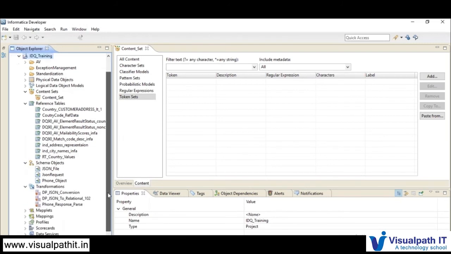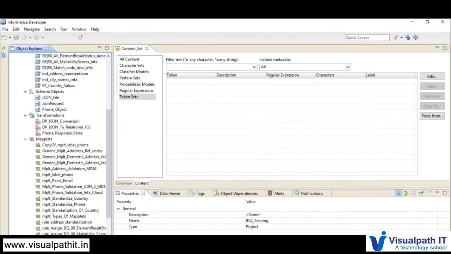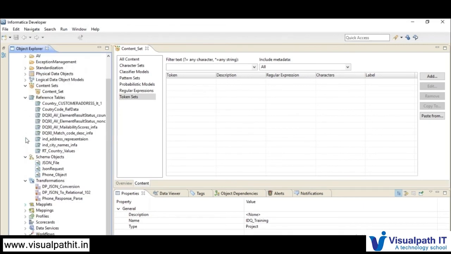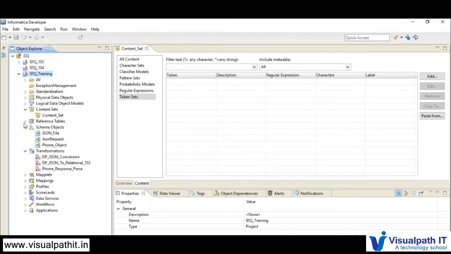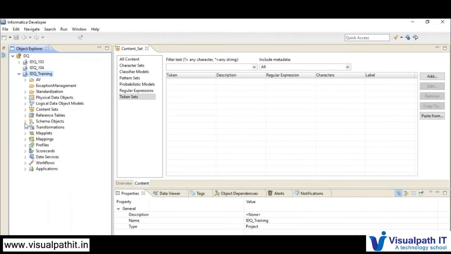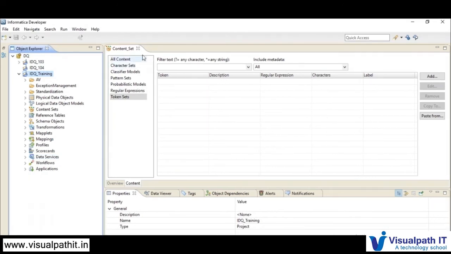All of these will be available once you start implementing your project. We will be creating those soon in the recently created project folder. These are all the options in our object explorer which you need to know before starting your project, right? So that is one thing.